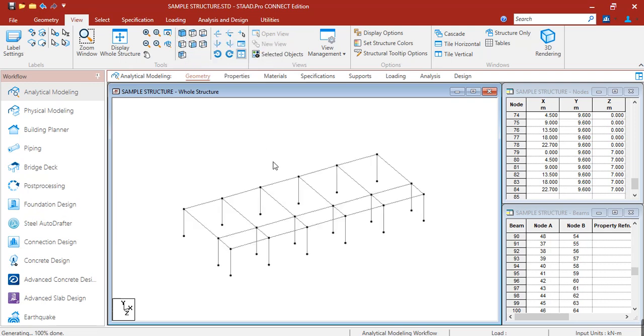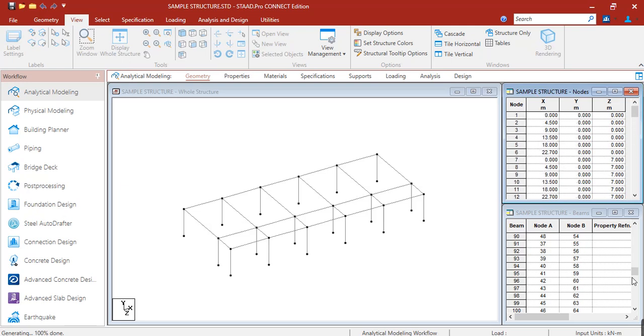So the first thing that you need to know or be familiar with are the nodes and beams. The dots here are the nodes and the lines are the beams. As we can see in these tables, these are the nodes present in your model, okay? And at the bottom, these are the beams that are present in your model.